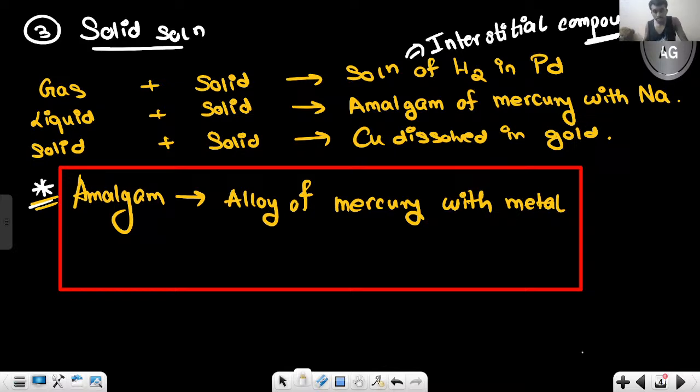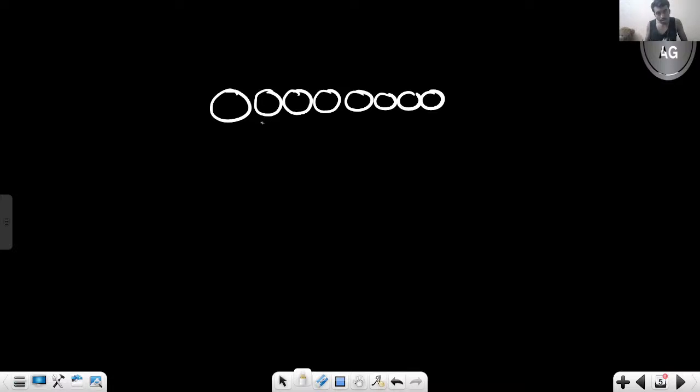So what happens is, let me just show you. Suppose let us say this is palladium, one atom. This is palladium's another atom. Okay, this is a solid one. So palladium's another atom is like this, like this, like this. It goes on, right? When I am placing another column like this, like this, like this, like this,